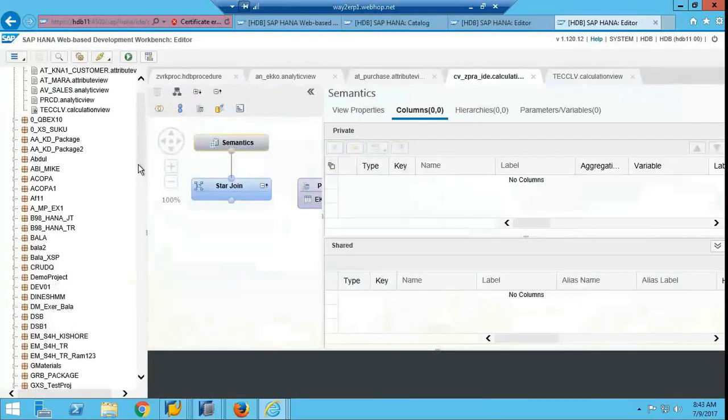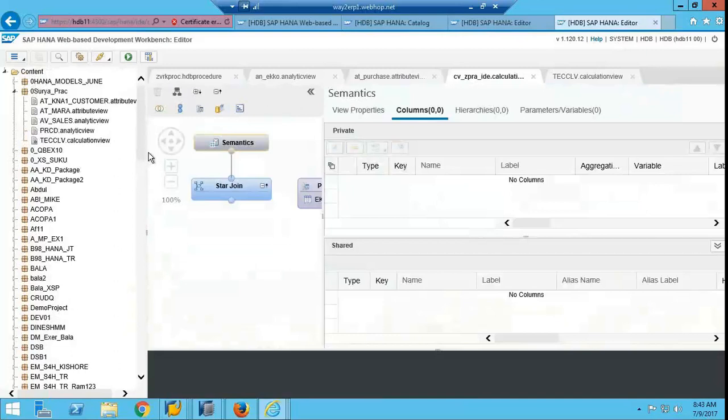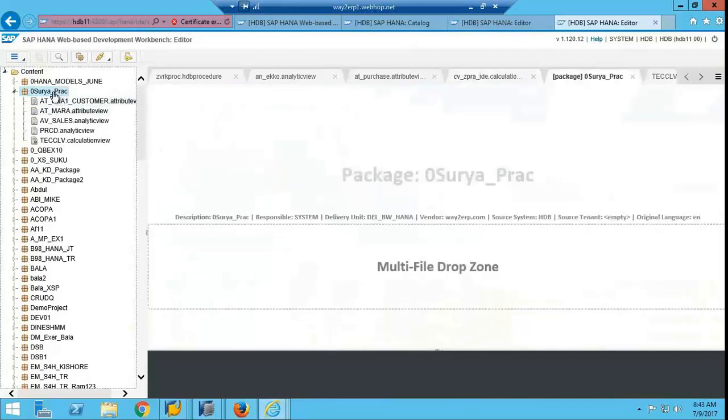Actually, the Fiori web IDE is not installed here. I'll show in another system. This is the HANA web IDE. That is the Fiori web IDE. Both are different. This is only for HANA developments, native HANA development, not at all application development.